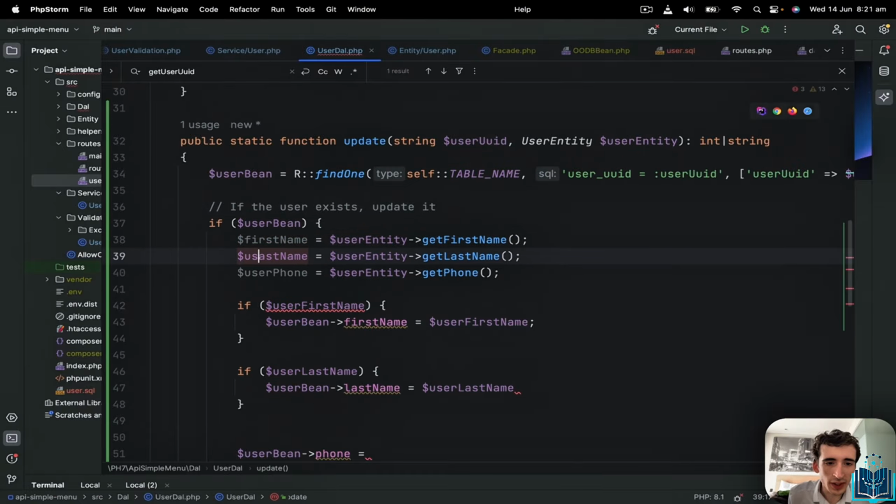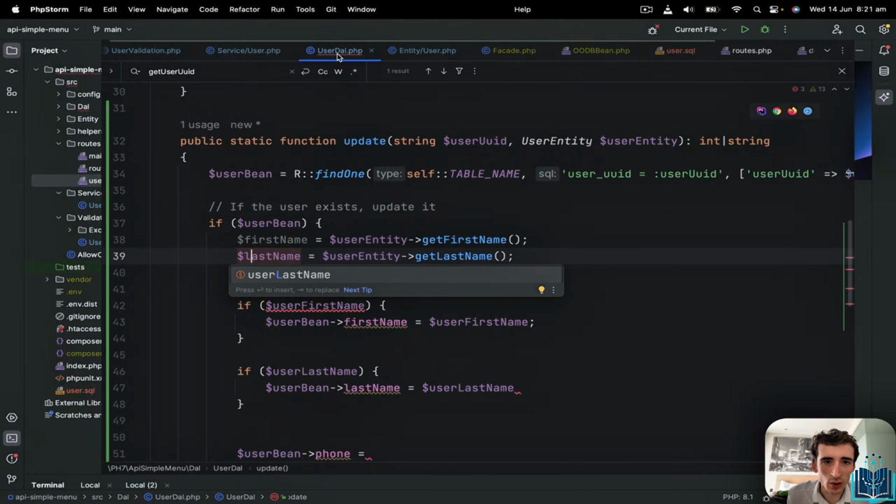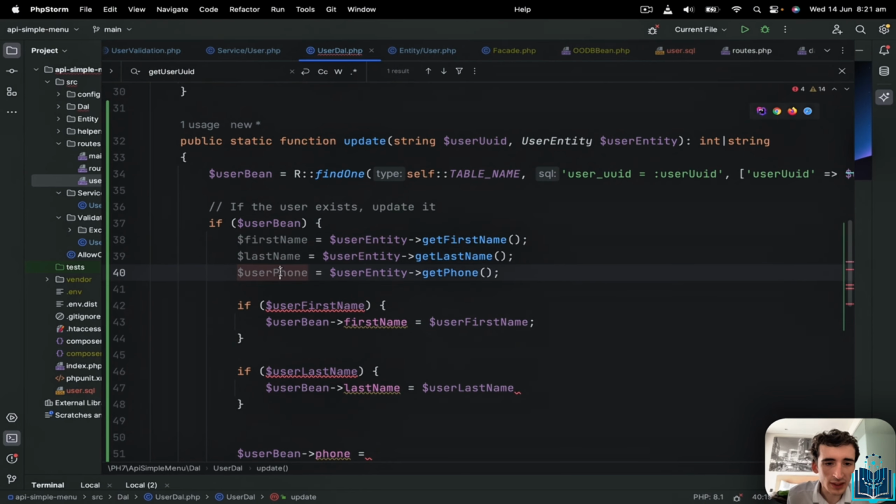It's quite explicit here that it is from the user, because we are in the user DLL class. Phone, and then here to be first name, first name, yeah, first name, last name,